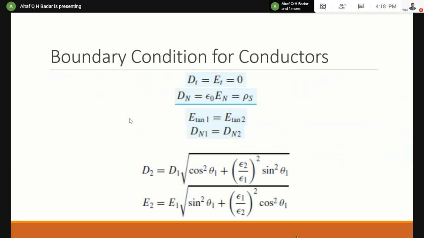Let's move ahead with this. And then you have got something called boundary conditions. As I told you, this is boundary conditions for conductors. There are other boundary conditions also. I suggest that you go through them whenever you have got time. This is how things work out when we are on the boundaries of two conductors. Anyways, these are all derivations. Right now we cannot spend time on it.